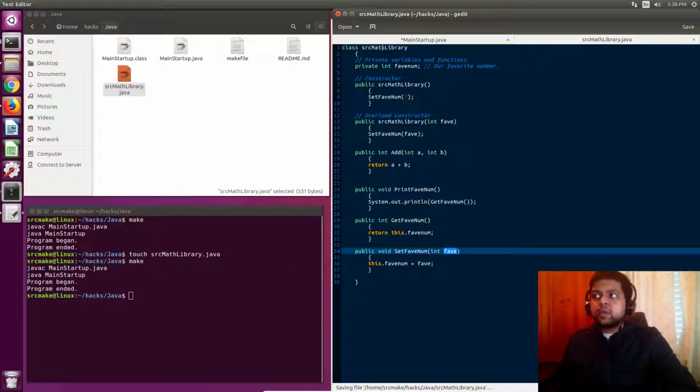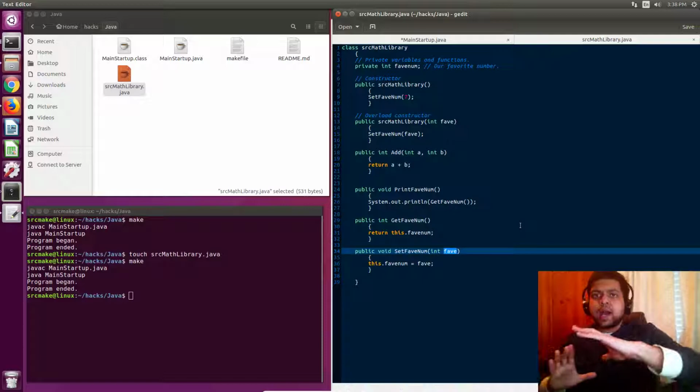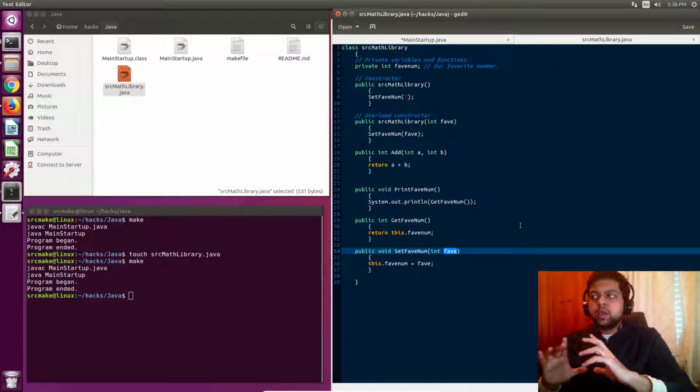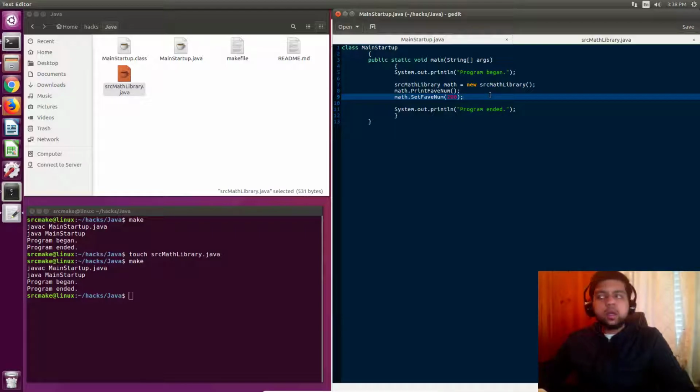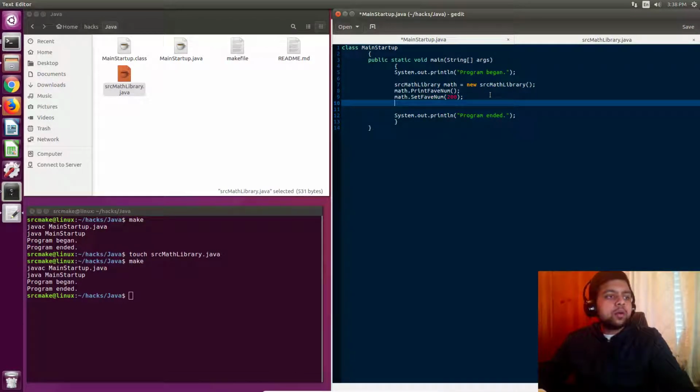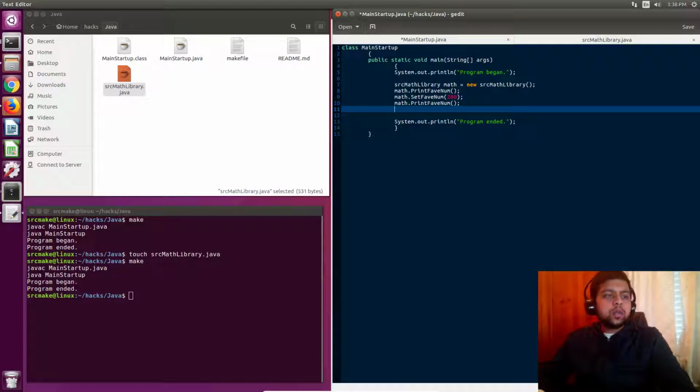So remember, one of the points of a class is that it's an object and it has a bunch of functions and variables working with it that can be stored, basically, and that's useful. So we're setting math's favorite number to 200. And we will print that. We'll print it, and next we will